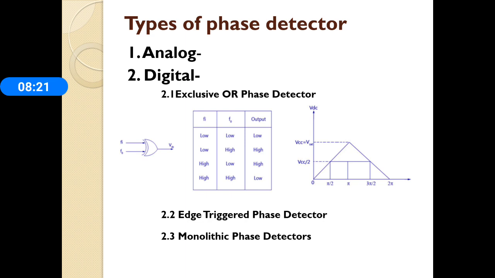Next one is the monolithic phase detector. The monolithic phase detector is highly advantageous as it is insensitive to harmonics and the duty cycle. The circuit will respond only to the transition in the input signal. It is the most preferred phase detector in critical applications, as the phase error and the output error voltage are independent of variations in the amplitude and the duty cycle of the input waveform.